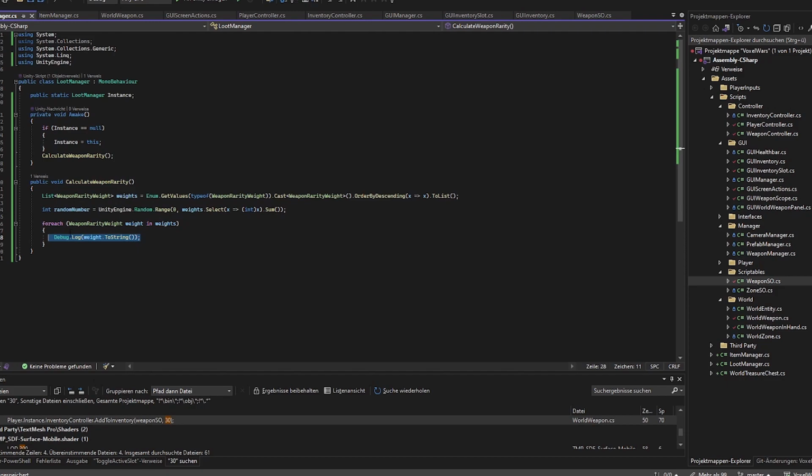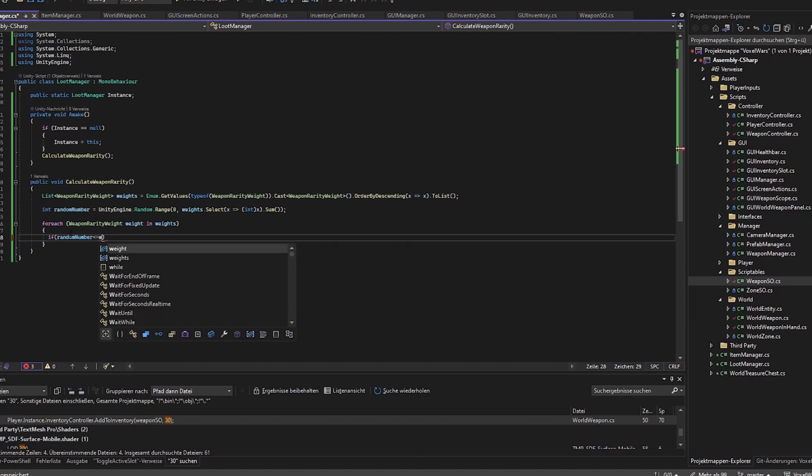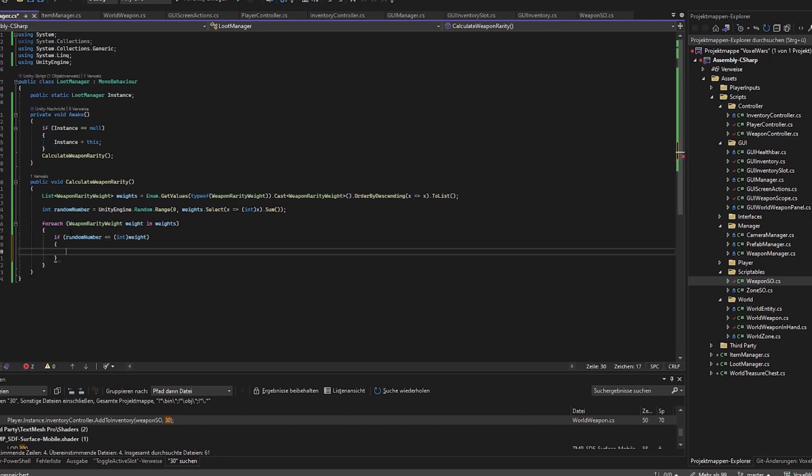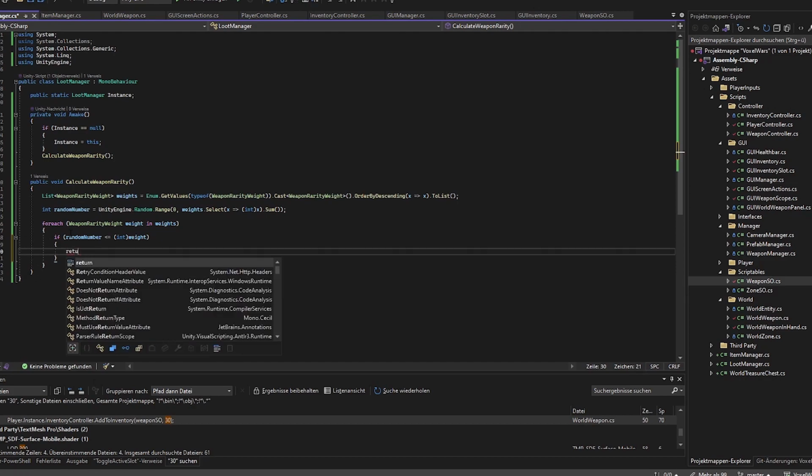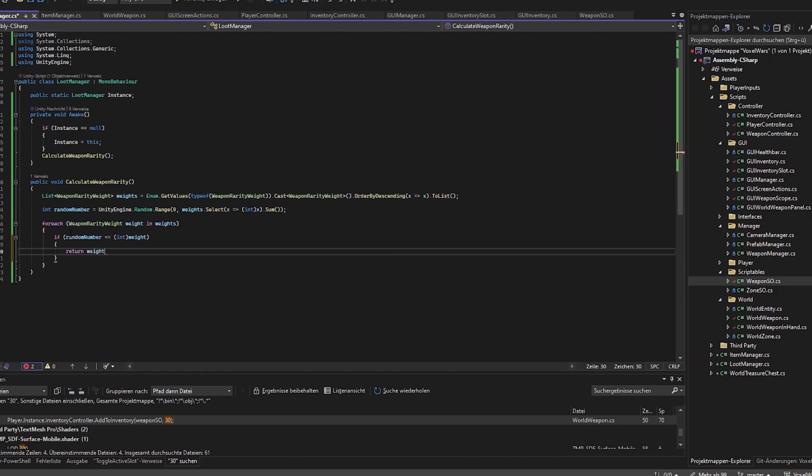Okay, what about this whole stuff now? We want to check, okay, if the random number is smaller or equal this weight or int weight casted, then we should get the item. So this could be the return weight. And then we can easily check